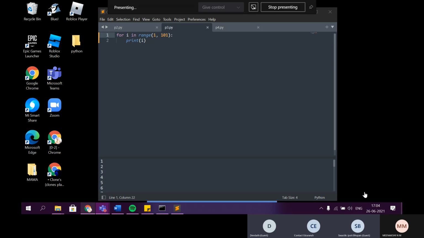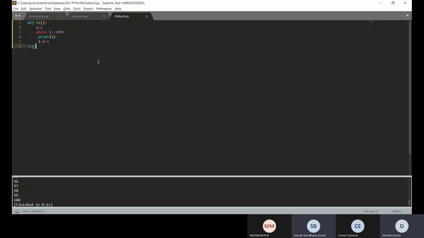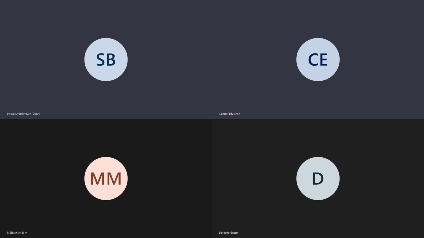Sir, I did it like this. Excellent. Can you do it using a for loop as well? Meenakshi, you do it using a while loop. Devdutt, you do it using a for loop. Okay, exchange.